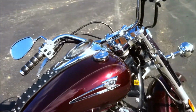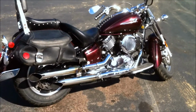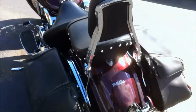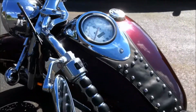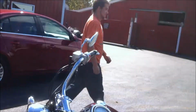Alrighty, howdy all, Tony down at Green's Motorcycle Salvage again, and today you can see here is a 2007 Yamaha V-Star 1100 Classic. It does already have the V-Star saddlebags on it. It has your little billeted tank pad cover there, billets on the side of the seats, and we've got a